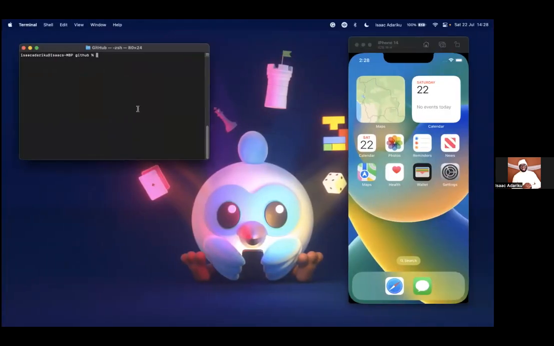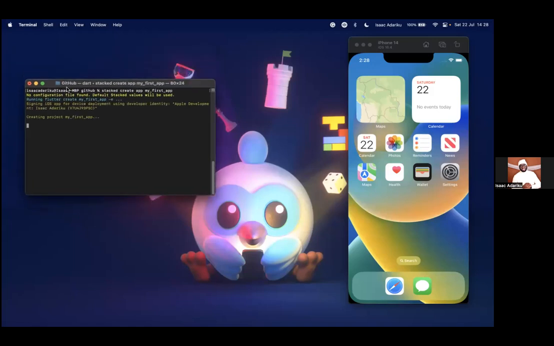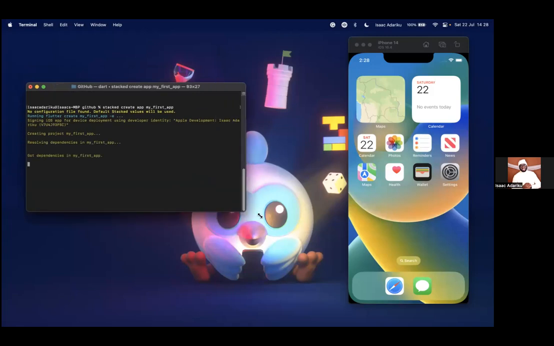So I have my terminal here. I've already installed Stacked, but if you follow along, you have to install Stacked first. So let's run the stacked create app command. I think my first app, yeah. So I hope you can see. Yes.